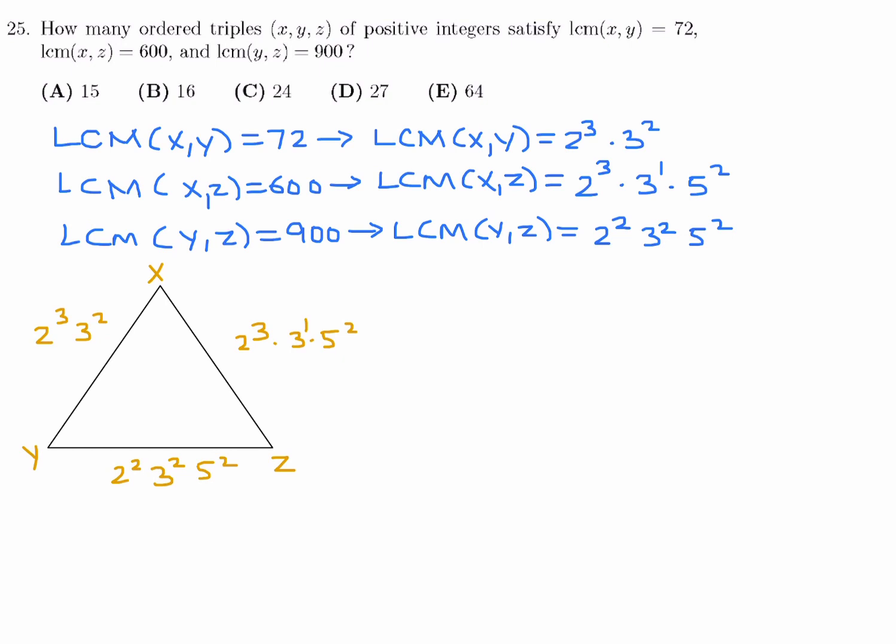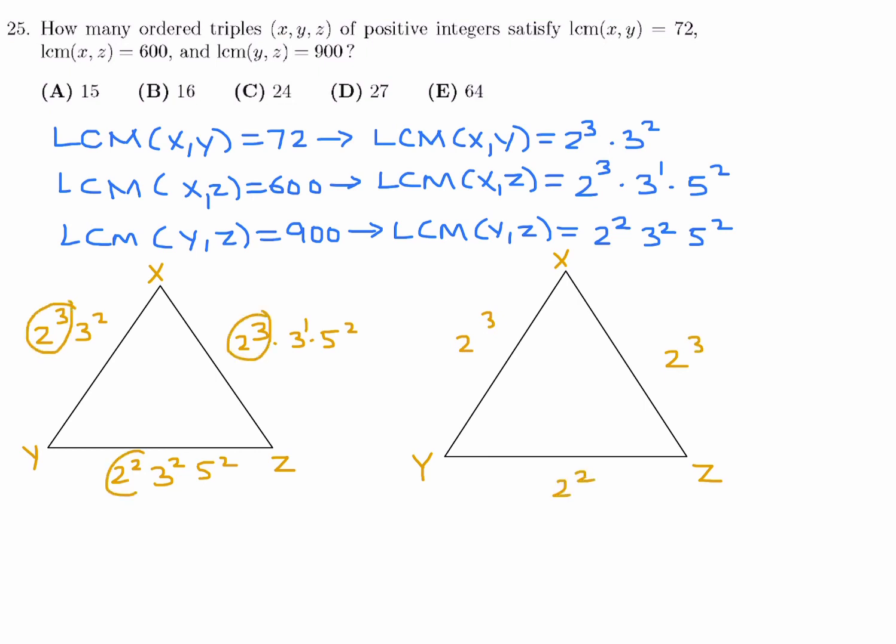All right, so now what we want to do is take a look at this one prime number at a time. So first, let's just start off with the 2's, and we'll then talk about 3's, and then at the end we'll talk about the 5's. So let's just look at the 2's. Well, it's 2 to the power of 3 here, 2 to the power of 3 here, and 2 to the power of 2 here. Okay, so that obviously means that x has a 2 to the power of 3 as part of